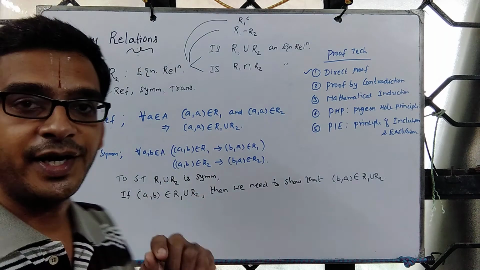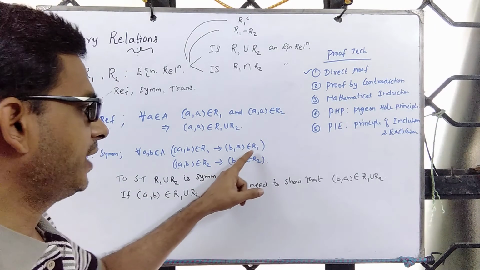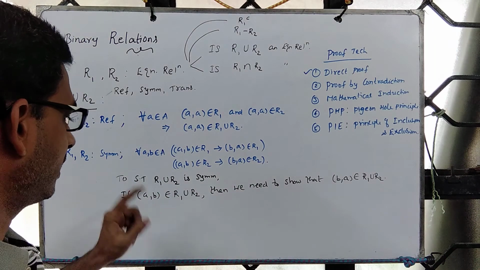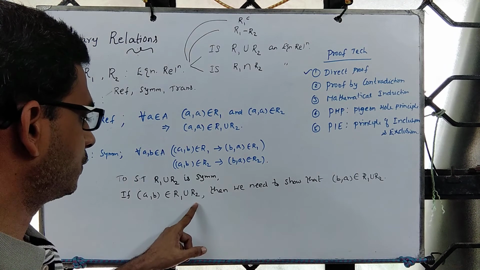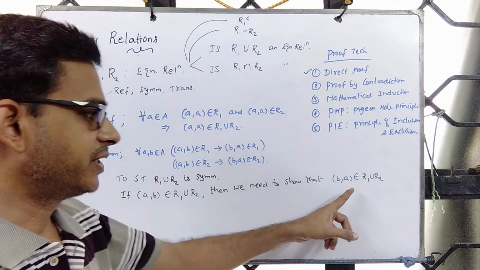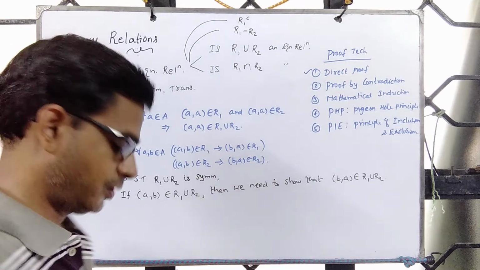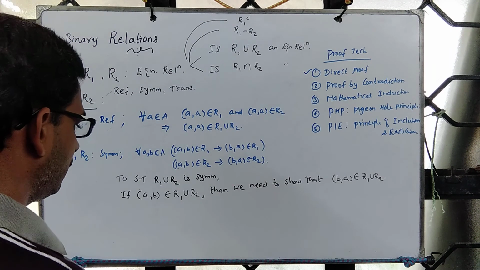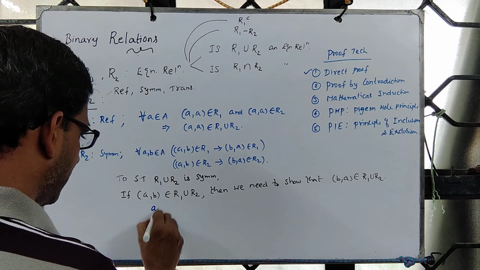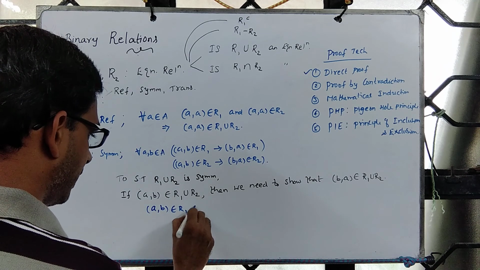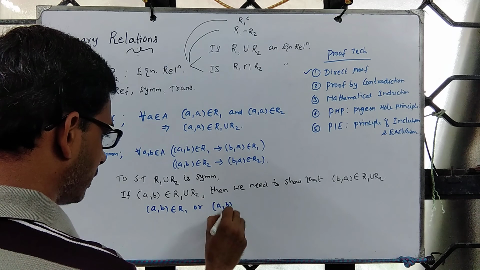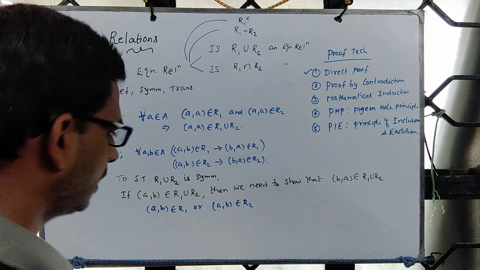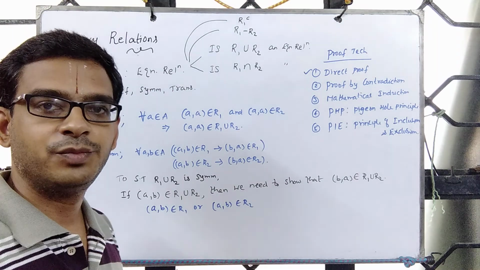The definition says if (a,b) is present in R1, then (b,a) is present in R1. To show that R1 union R2 is symmetric, we need to show that if (a,b) belongs to R1 union R2, then (b,a) belongs to R1 union R2. And (a,b) belongs to R1 union R2 means what? (a,b) belongs to R1 or (a,b) belongs to R2. It is a union. We don't know whether it comes from R1 or R2 or (a,b) is present in both. We are only including